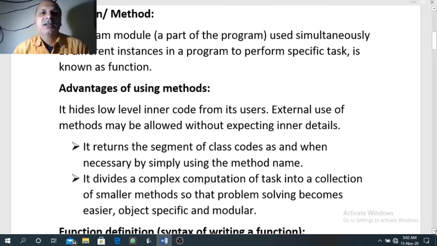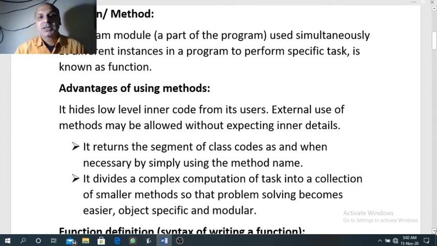Sometimes, when you are given a big task, leave the program, think about a practical problem. When a big task or big problem is given to you, if you think about the whole problem together, then problem solving becomes difficult.